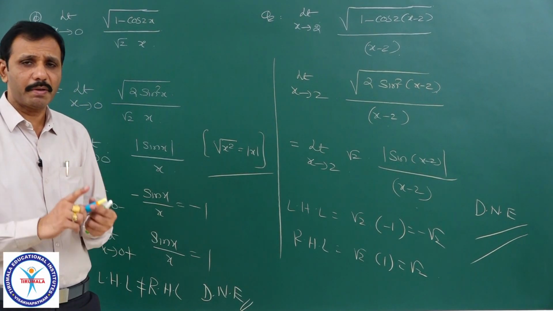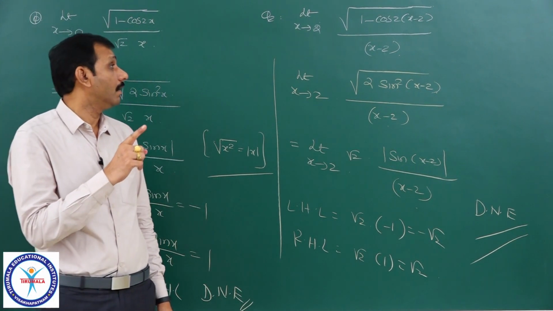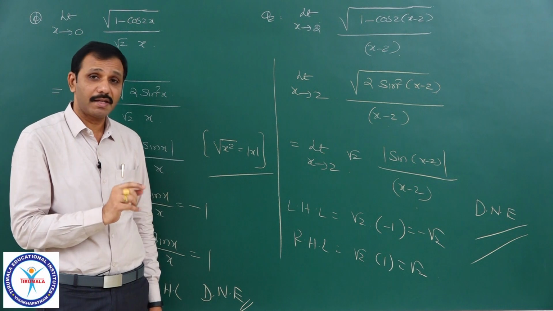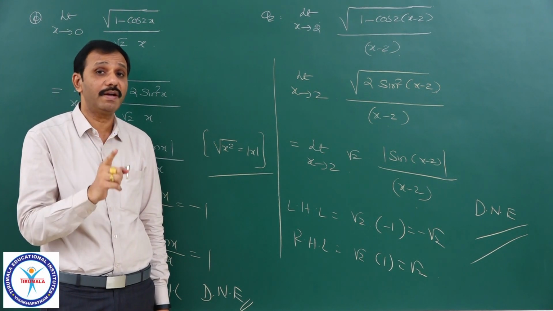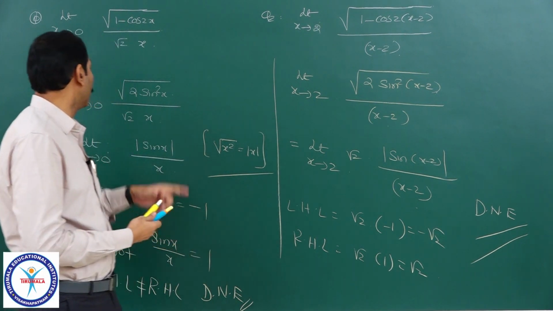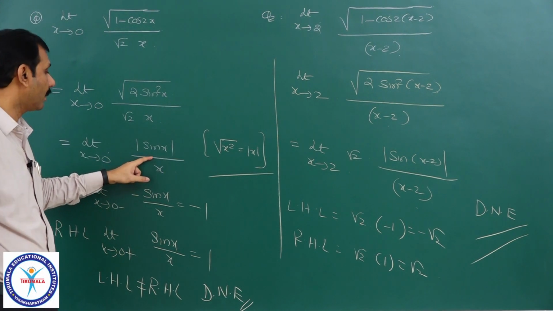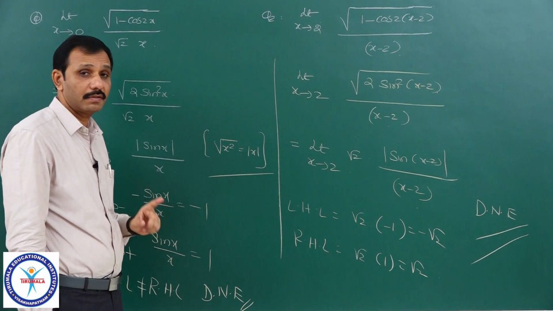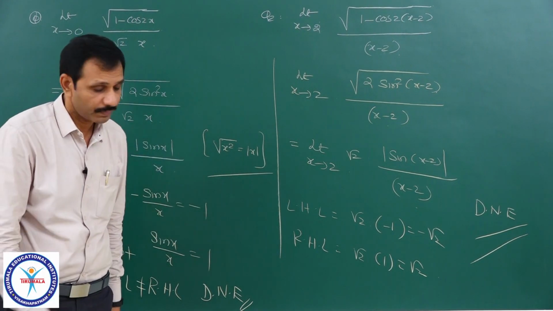So, whenever you remember modulus or step function or e power 1 by x forms are there, it means you need to check the definition of the limit. You need to check both left and right hand limits. Otherwise, if you ignore this and if you write sin x by x, definitely your answer is going to be wrong. You have to take care that root of x square equals mod x.